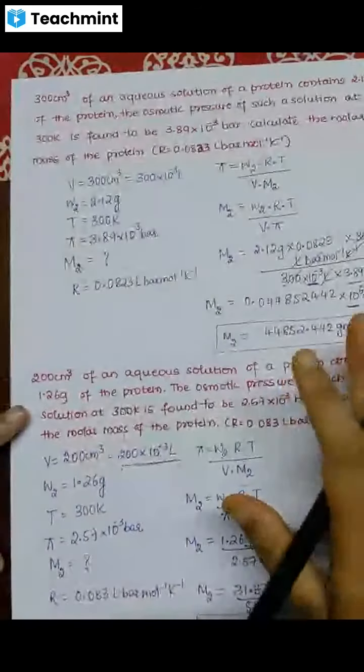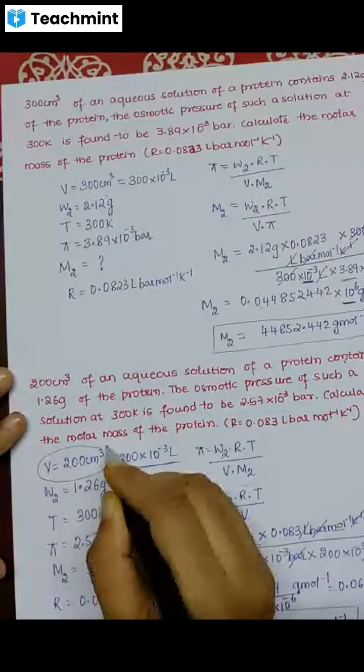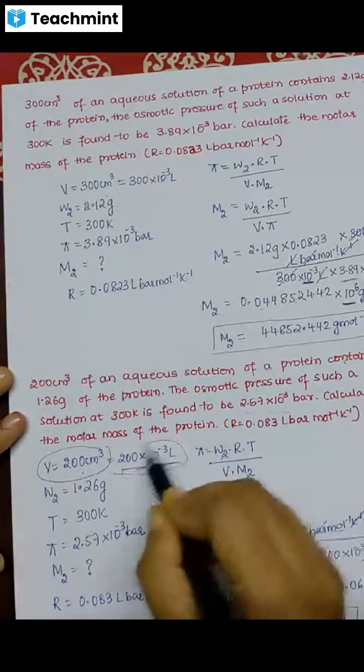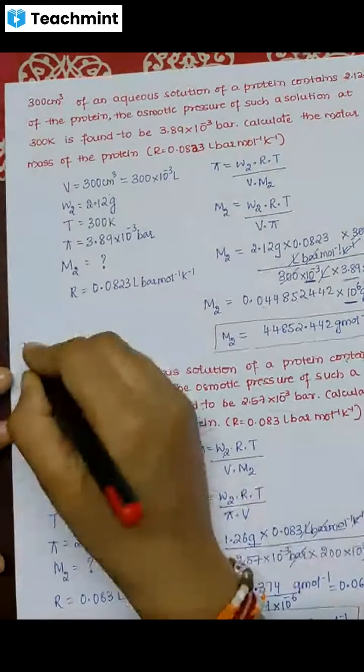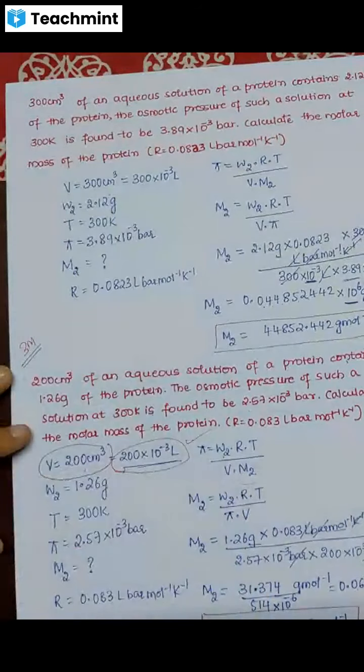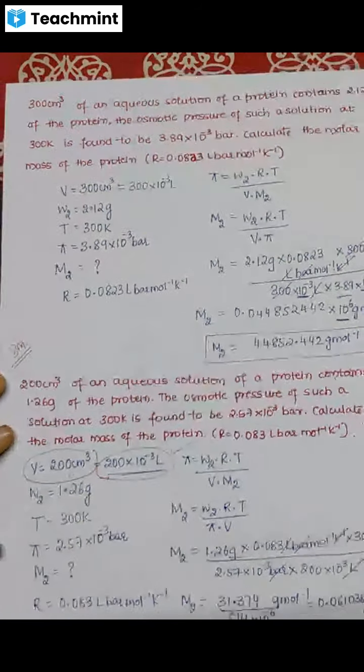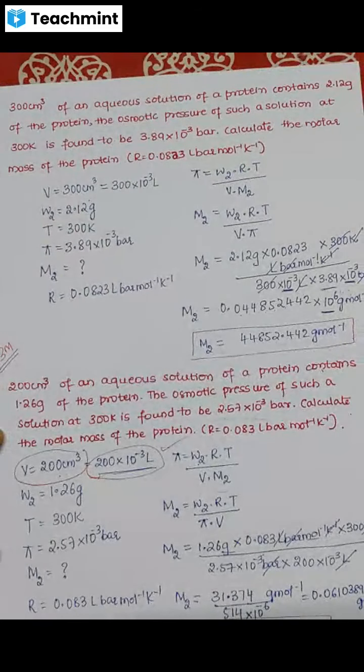See, in osmotic pressure, where you go wrong is especially with the volume. They give it in cm cube, and you write it in cm cube. Remember that in the formula, volume should be in terms of liters. And such type of questions are asked for 3 marks. In the annual exam, you will get any one question for sure from the solutions lesson on colligative properties. Either it can be asked on relative lowering of vapor pressure, or elevation in boiling point, or depression in freezing point, or osmotic pressure. Out of these 4 colligative properties, problems based on any one colligative property will be asked in the annual exam.